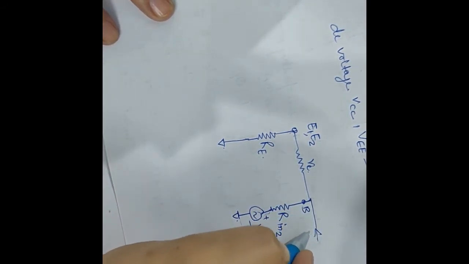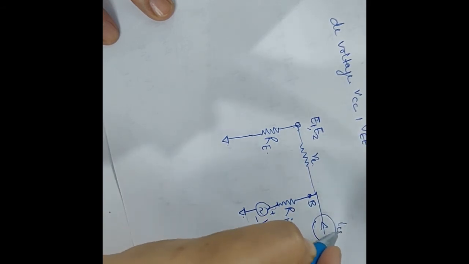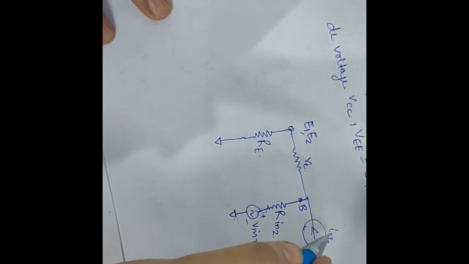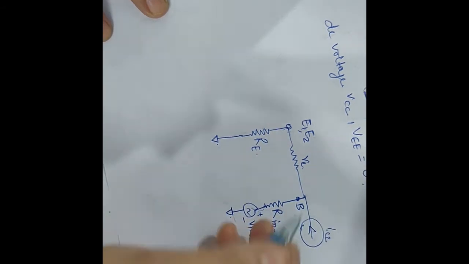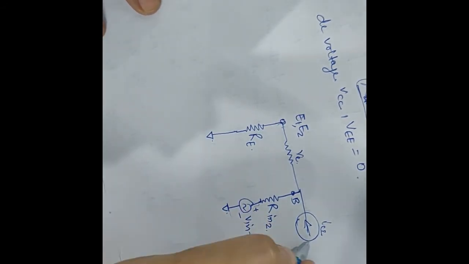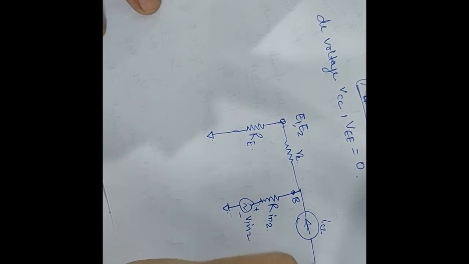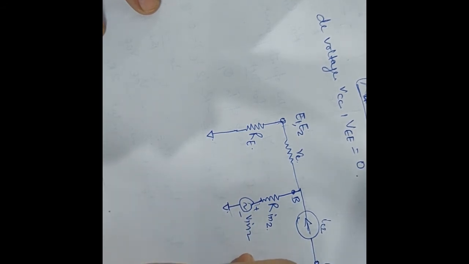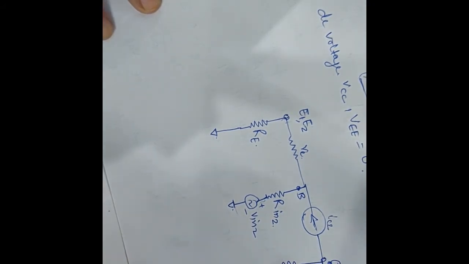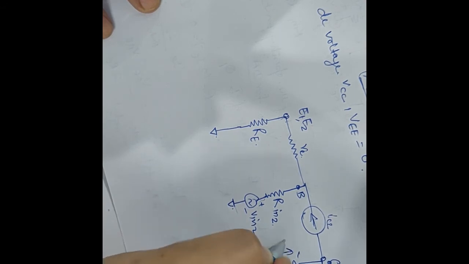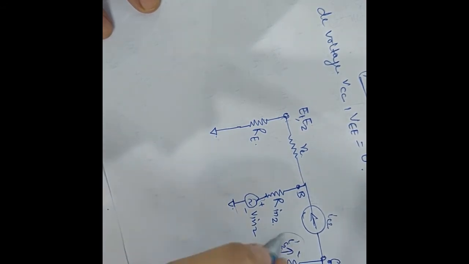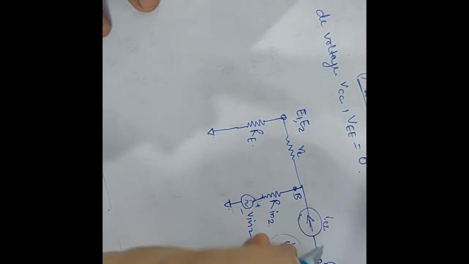Then here is the current supply. The current supply stands for the current passing from the collector side, withdrawn from the second plus VCC supply. So there is the C2 point, and here we are putting another RC. This RC we have grounded. Here the VCC supply was there, so we grounded it, minus plus. This is IC2, the current flowing through this RC.